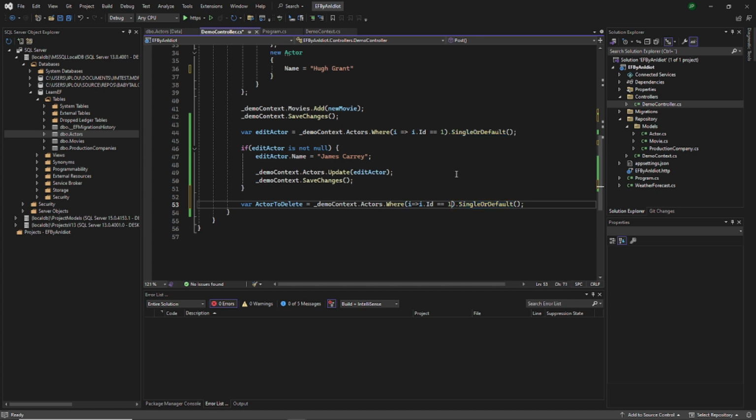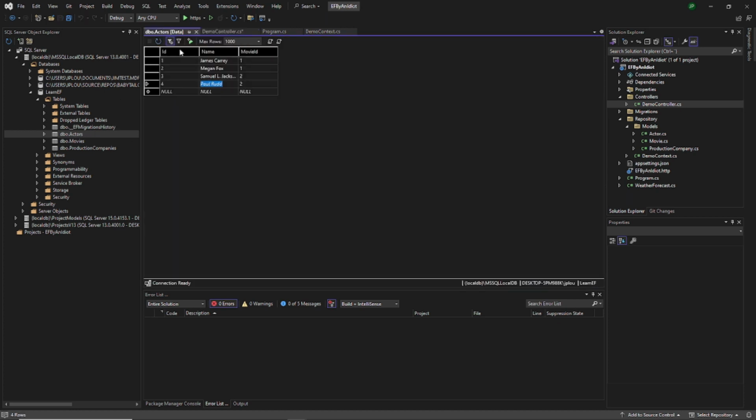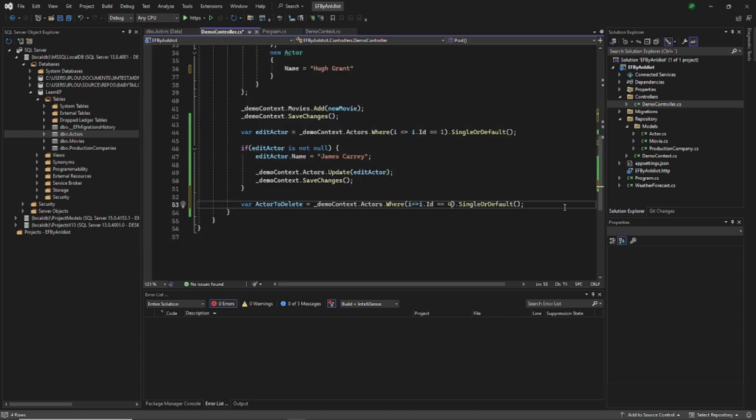Let's delete Paul Rudd. So that would probably be number 4, right? Let's go and see. Yeah, Paul Rudd. Oh, I really like him. That's a shame. He probably doesn't care. If actor to delete